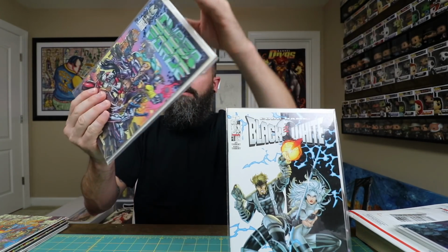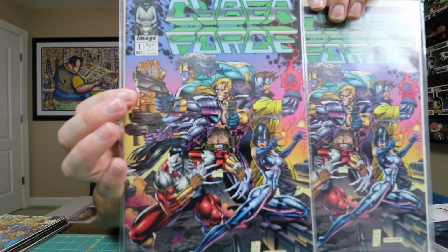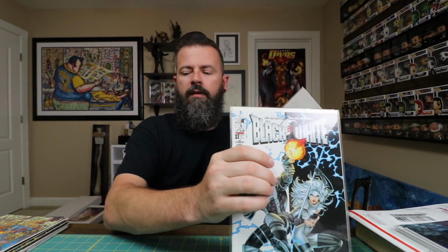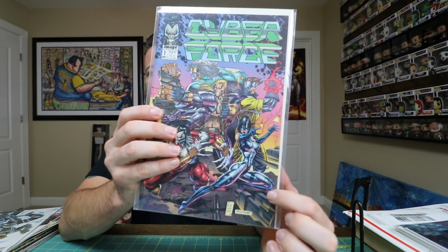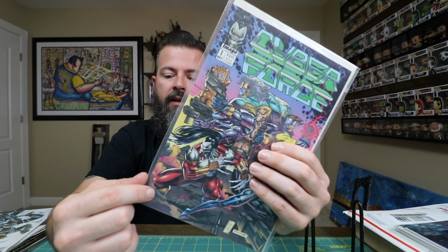And then 2 more copies of Cyberforce #1 from the first volume. Every time I see this in a dollar bin, I'm always going to grab it. If you're going to buy this book, I've probably said this before, but you're going to want to get the one that's got the newsstand barcode on it. And if you can't get that one, you're going to want to get the one with the red